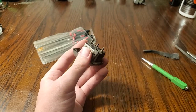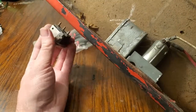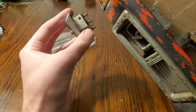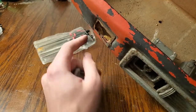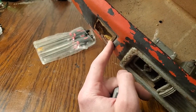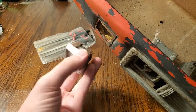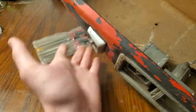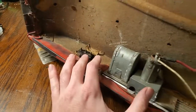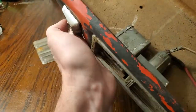Now, of course, we can go back to our trim piece, and all we have to do is line this up in the correct orientation. Forgot to mention earlier, but if you're doing a super high quality restoration, you're going to want to undo these tabs and pull this out, but that's probably pretty obvious. So we just take our switch and pop it right back in. We do all of our electrical connections in the back and reinstall the trim piece same way we took it out. Now we have a nice